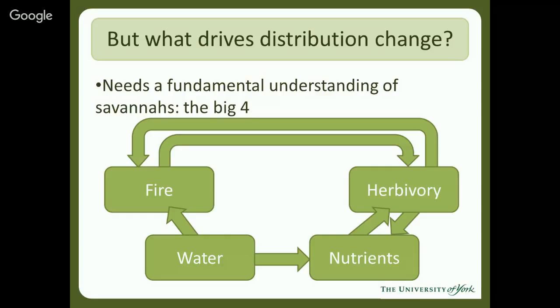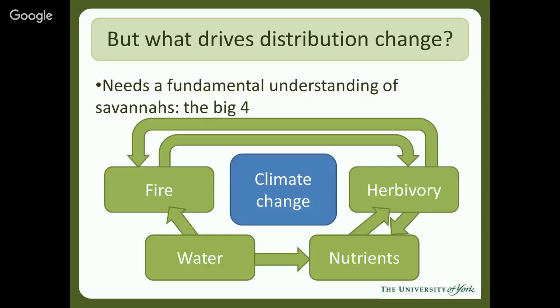But equally, if there are very large numbers of herbivores in the landscape, they're eating all the grass that the fire normally happens in. So as you get more and more herbivores within a landscape, you tend to get less and less fire. So this set, the big four processes, are all very interlinked and have quite a dynamic system within the savannah. And what we've seen happening recently, of course, is climate change. And its primary effect within the savannah, within East Africa, in fact, is a water availability thing. So once you start pushing on water availability, you can see that we're going to change all these other processes